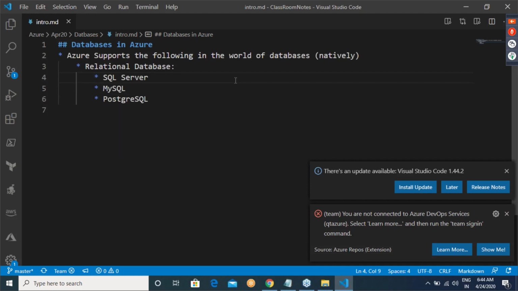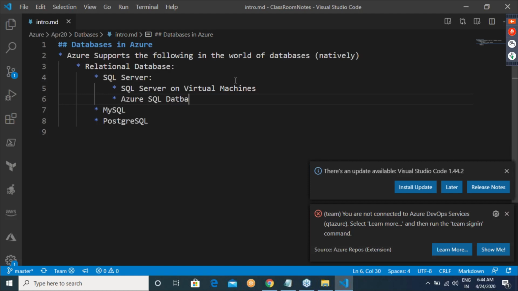For SQL Server, they sell in two options. One is you can have your SQL Server on virtual machines. This is one way of dealing with it. The second is something called Azure SQL Database.